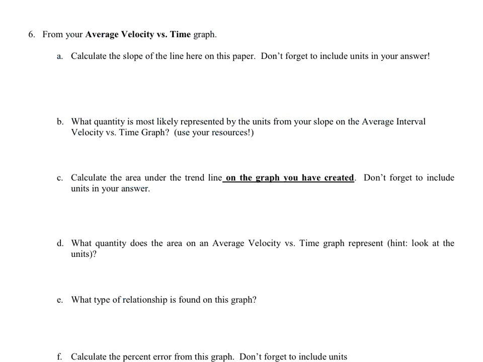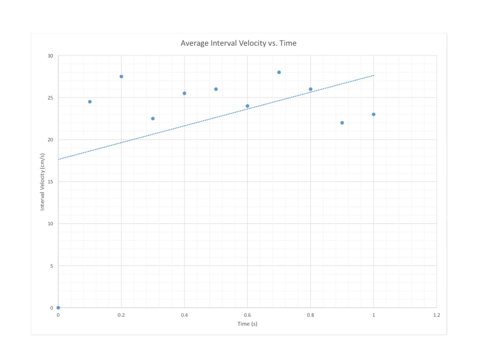parameters too. So hopefully your graph is all good. And now we're going to start analyzing our graph to get more information. The first thing we're going to do, as it's asked, is calculate the slope of the line on this paper. Well, let's do that. All right, once again, to find the slope, we're going to need to pick 2 good